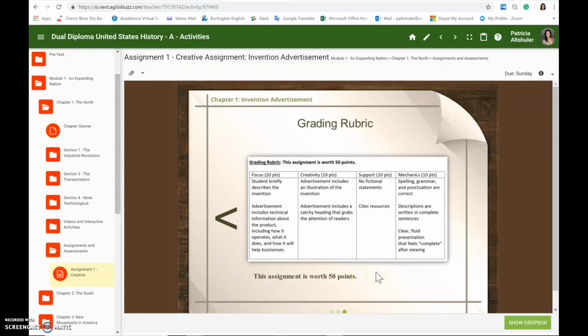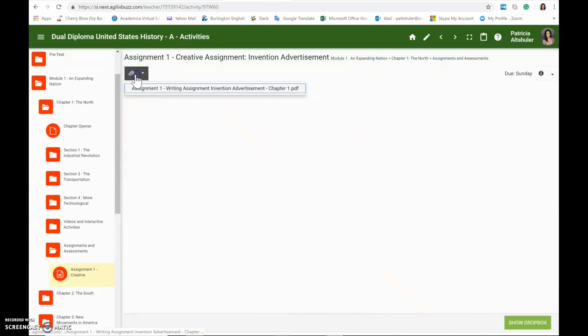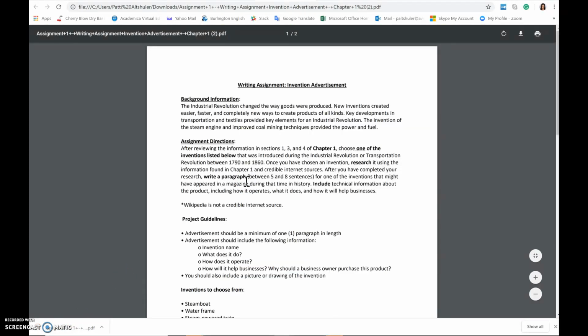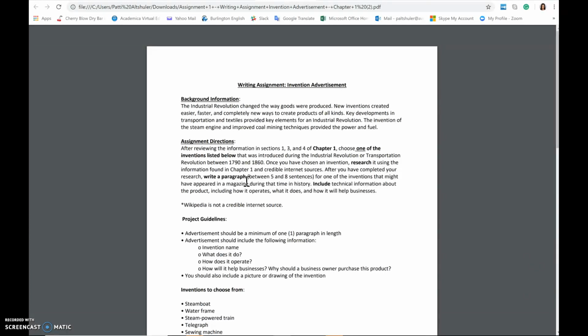This is one way to look at your assignment, or click on the clip. Click on Assignment 1, Writing Assignment, Invention Advertisement. It will then open up, download so that you can open it. Once it opens, you have the same information that you just saw in Buzz. This one gives you background information about the Industrial Revolution. It's telling you that after reviewing the information in Sections 1, 3, and 4 that you read in Chapter 1,